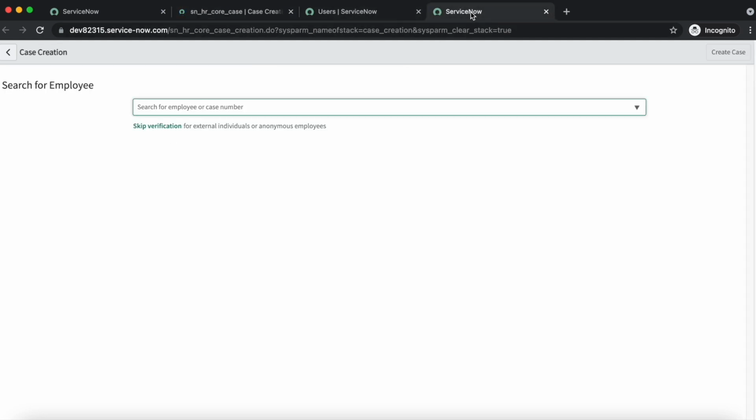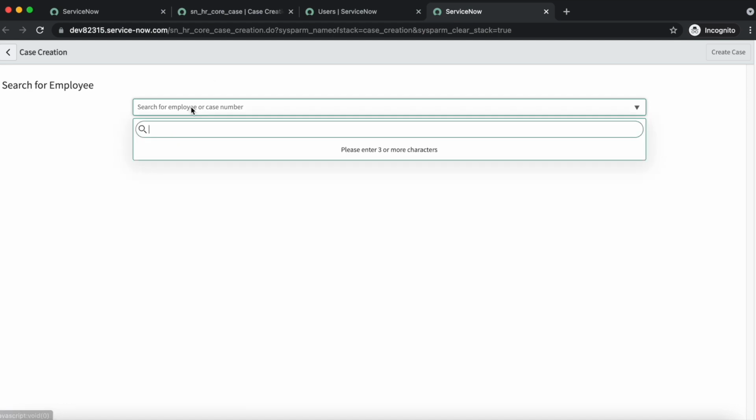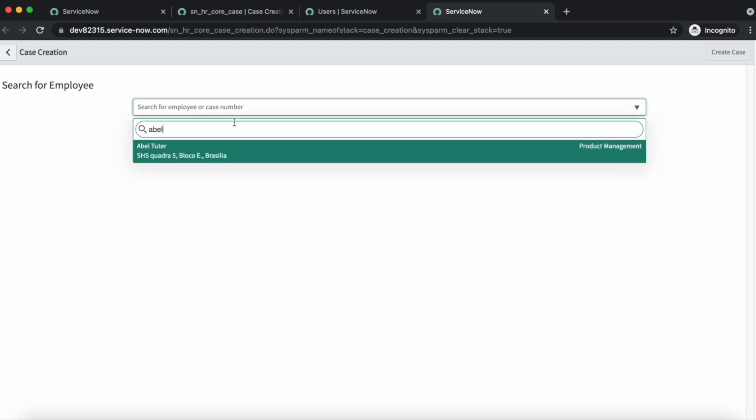So for that we will have to navigate to the case creation configuration module, and it is part of employee search, so we will have to configure employee search. So here this is the additional display fields where we can configure. So right now it is department and location, so that's why whenever we are selecting the user Abel, it's showing department and location.